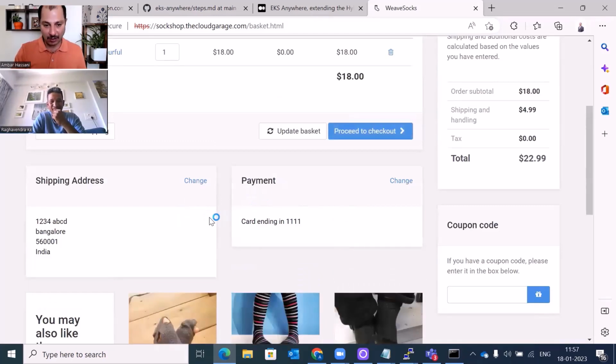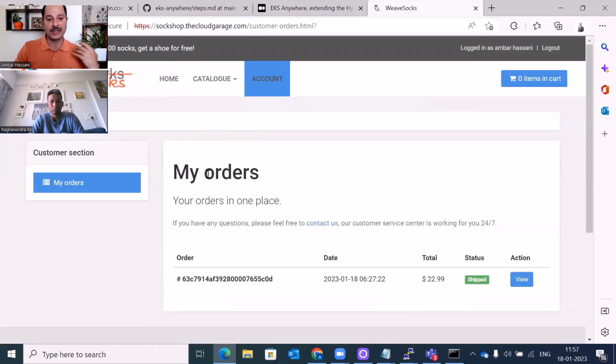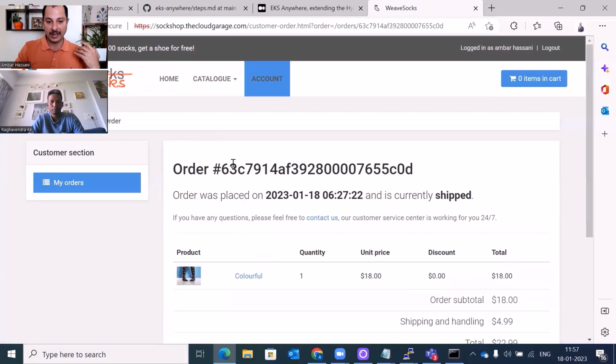So these are all indicative of the state changes of the application, right? Some databases, some data entries are created in the backend and all that. Now I go to the proceed to checkout tab here. And when I do that, you can see that my orders are reflected. This is the order which has been placed here. The status is shipped and the action is there. And I can see the totals and all that. Now I can see the order in an elaborated detail. Let's take a note of this order ID